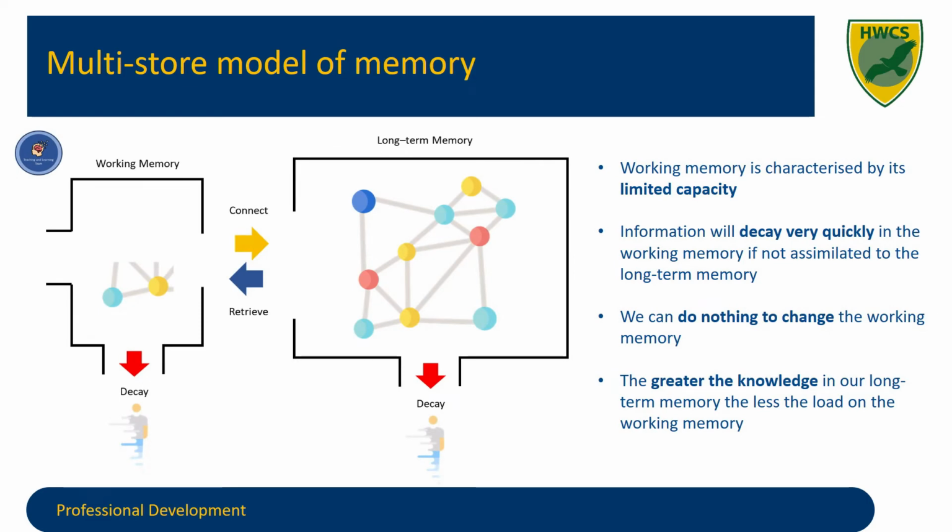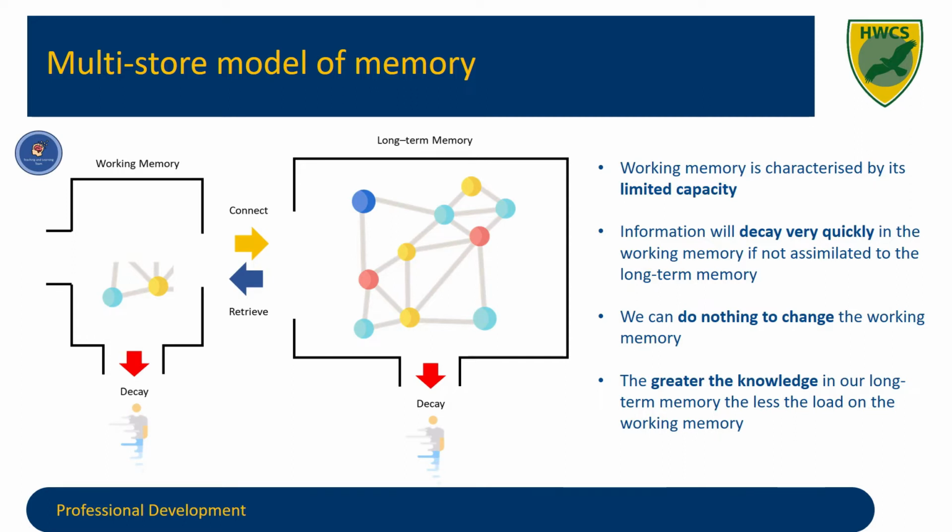So one of the basics of our program before Christmas was looking at the multi-store model of memory. This is really our starting point. And we know that we've got a distinction between what we call working memory and our long-term memory. And this has implications for how we plan a curriculum for a number of reasons. One is that our working memory is characterized by a very limited capacity. We know we can only really process about 2 or 3 pieces of information at once. Information is going to decay very quickly from our working memory. It's also going to decay very quickly from our long-term memory unless we connect the two,